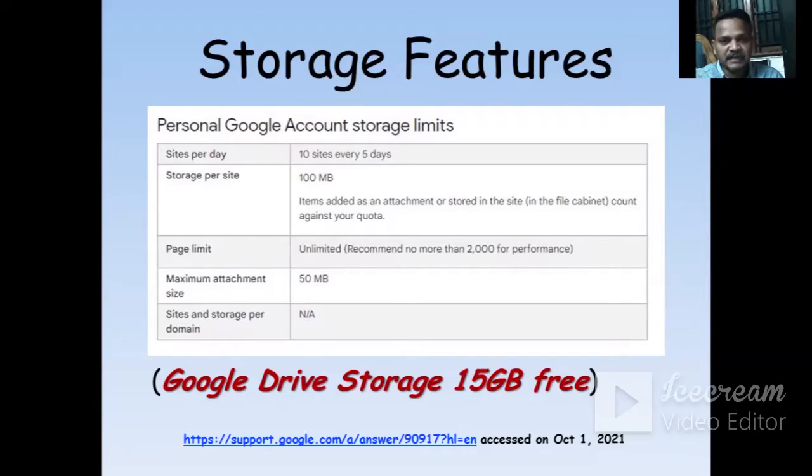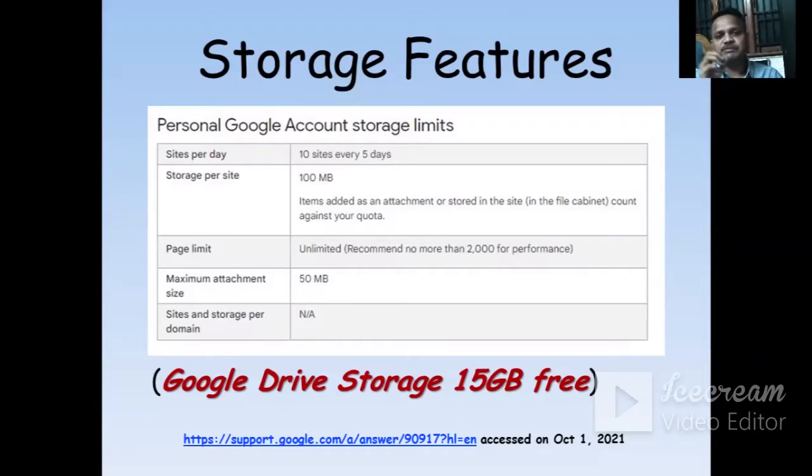You can add items and attachments, and they count against your quota. There is no page limit, but they recommend not more than 2000 pages for performance. The maximum attachment size is 50 MB. But you don't need to attach anything directly. You can put all the documents in your Google Drive and just give the link.